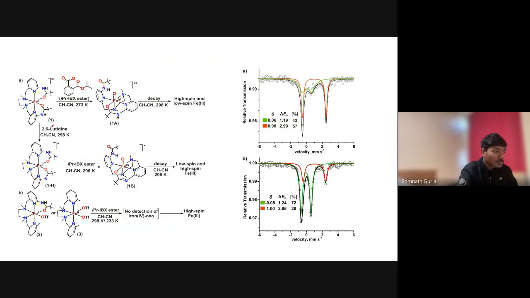Okay, now in place of the base they found another oxo species. This is the one species over here. This is N is protonated, and when N is deprotonated, they got another species which is over here. The delta value has been found to be 0.05 millimeter per second, and the delta EQ value is around similar to the previous 1A over here. This is 1B, but its population is 72%, and it